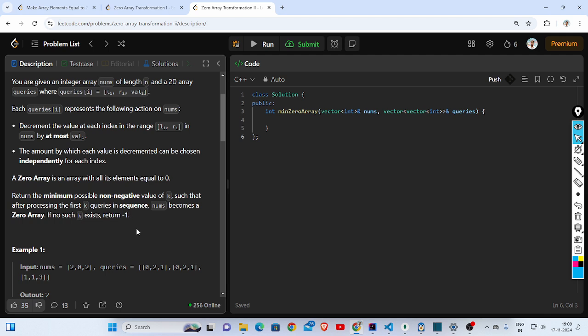Otherwise we return -1. So -1 in the case where we use all the queries and still not able to reach array 0,